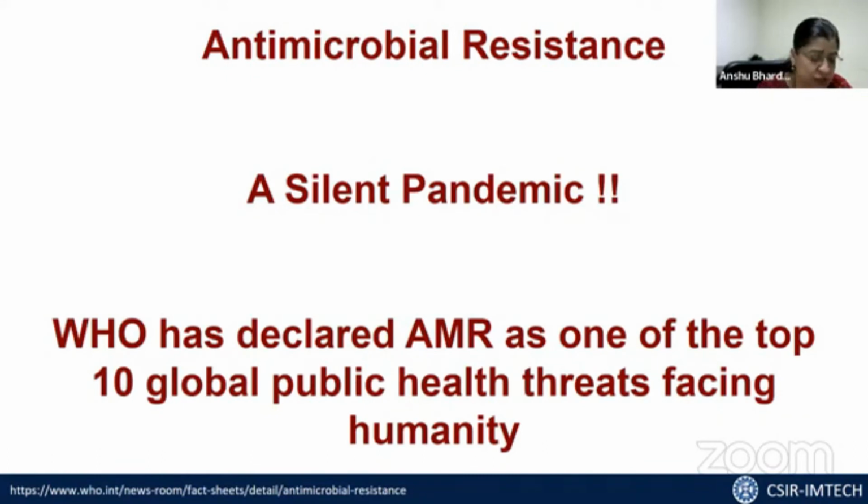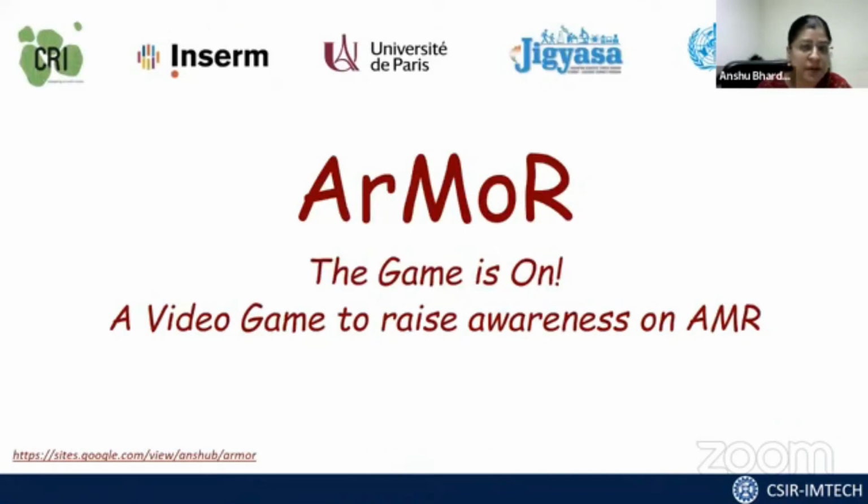And that is why we thought it is important to sensitize the younger generation about the issue of AMR, because it cannot be solved without participation from all of us. And we also wanted that this participation need not start when we are already adults. What if we can explain this concept to young children, as young as 11, 12, 13 years old? Can we explain a very hard scientific concept to them in a manner which allows them to change behavior? It is not just understanding something, it should influence individuals in a manner where they are able to change their action against something which is not happening right.